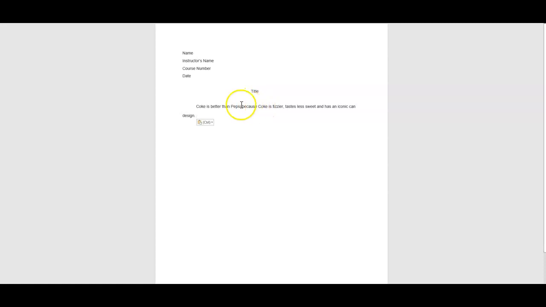So the first thing that we want to do is make an argument or an assessment. We want to take some sort of stance. A thesis statement should never be just a statement of fact. It shouldn't be that Coke tastes less sweet, has an iconic can design, and is fizzier. Just making statements. You want to take a stance in your thesis statement or make some sort of larger point